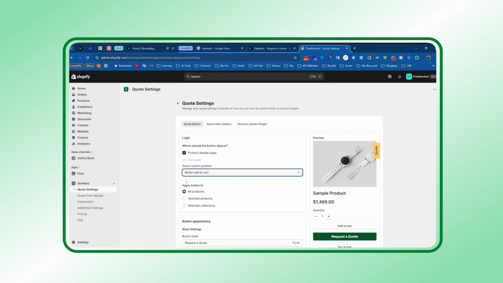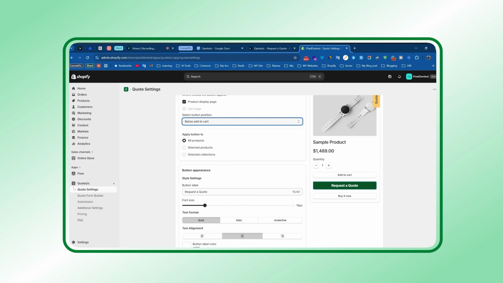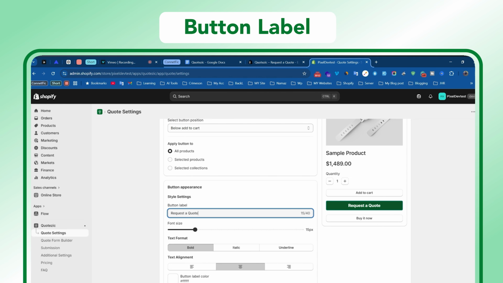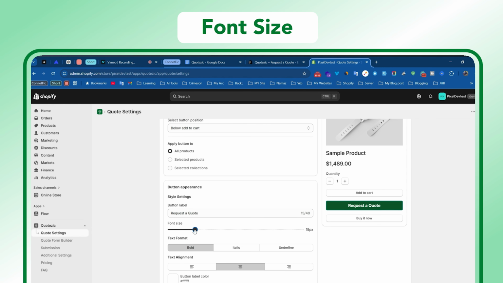By default it's set to all products, and we keep that. And the button label we can change from here. Right now it is request a code, we also keep that. And font size, you can customize the button appearance here. The font size is 15, we can make it 12. Okay, we set 12, and